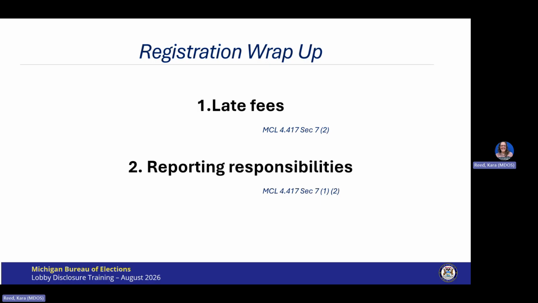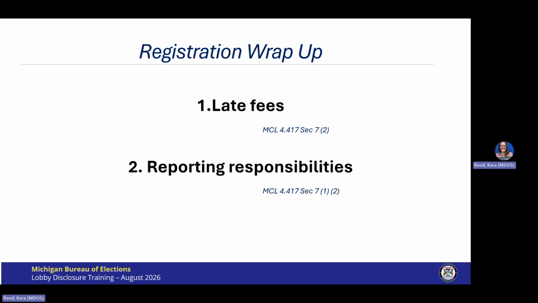Most important, unless you are filing an amended registration, please make sure you're completing the entire registration form. If a section of the form does not apply to you, please enter an NA to indicate it is not applicable. Unless you are amending a registration, every section must be filled out and you must sign the form in ink. If any section is left blank or the form is missing an ink signature, the form will be rejected and considered not filed, and this could result in late fees.